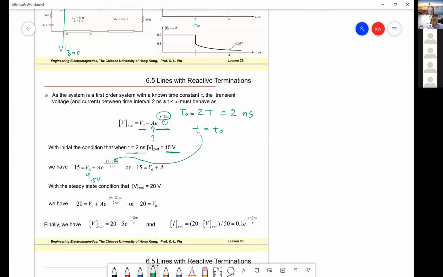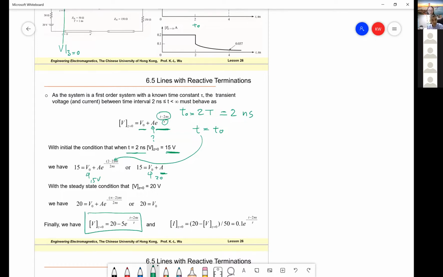Then we know what A is. So we substitute A, because V0 is 20, we know A is -5. So therefore, we know the overall voltage